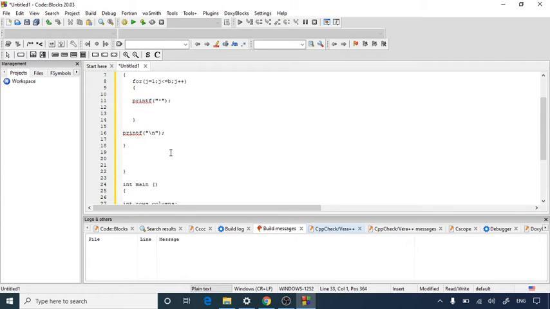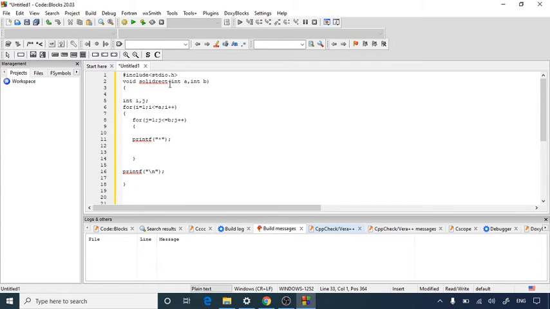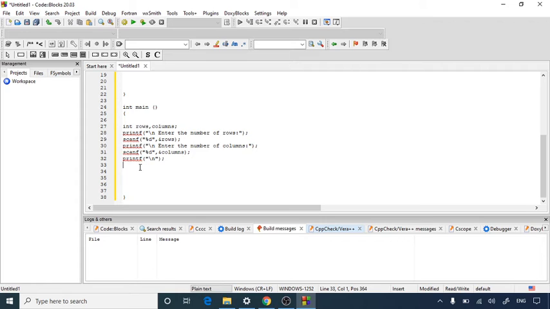Now it's time to call our function. What is the name of the function written here? It is solidrect. So we'll just copy this solidrect, Control C. The same name we have to use, but here instead of writing parameters as int a and int b, I'm going to write rows, comma, columns.